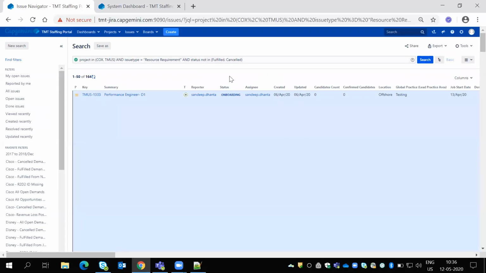So the easy way, you can write anything. Suppose you have 50 statuses and you want 45 status tickets, but you cannot write status in 1, 2, 3, 4 up to 45. Instead of that, you can write status not in just those 5, 46, 47, 48, 49, 50 or something. If you write that, except those 5, these 45 will come. So we can write it here.